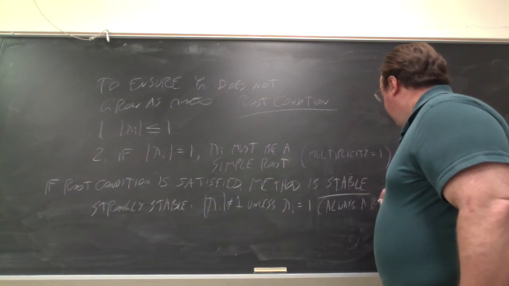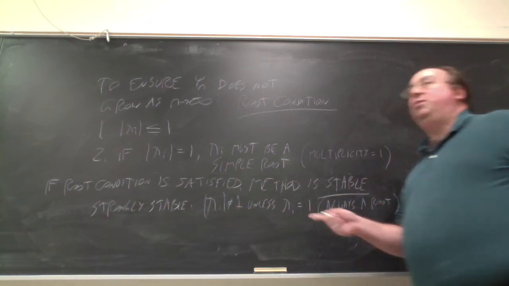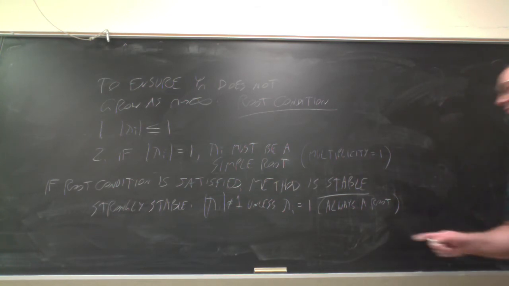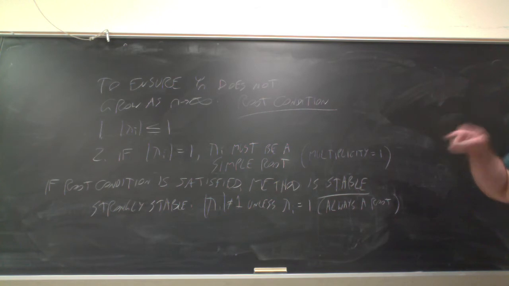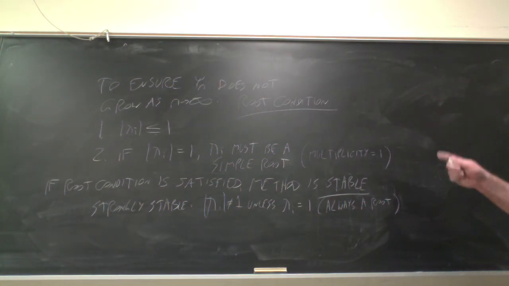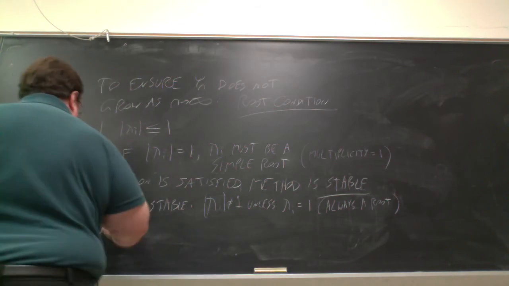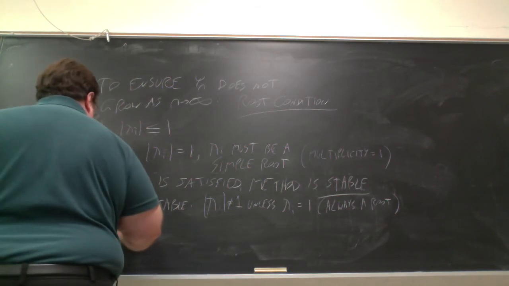I should mention, 1 is always a root. Because what does that mean? That means that the sum of the alphas is 0, which has to be true for a method to be consistent in the first place. So you always have that. But if that's the only root that sits on the unit circle in the complex plane, then we say that it's strongly stable. Whereas a method is weakly stable,